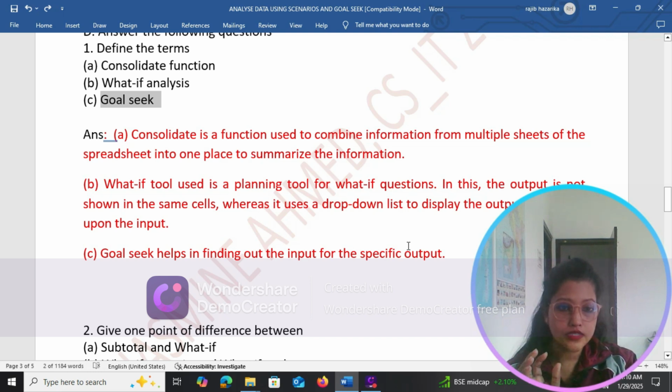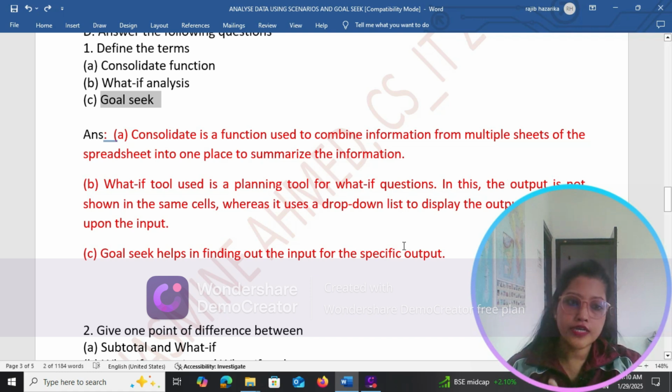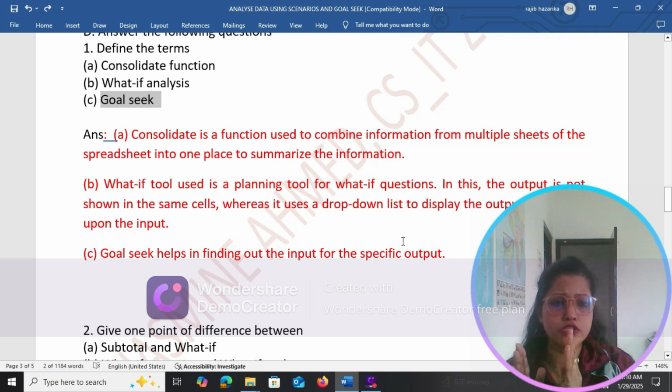For example, student name, then student address, then date of birth. In all the sheets, it should contain student name, date of birth, and address. So the labels cannot be different for consolidation. After inserting all the information, for example, for January, February, and all 12 months, we want